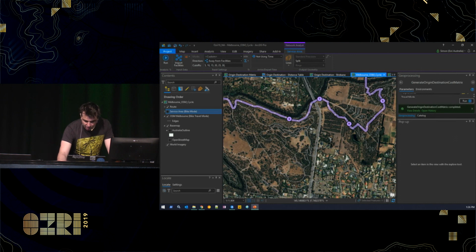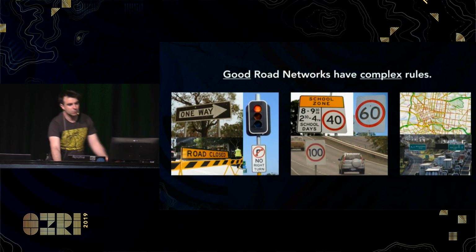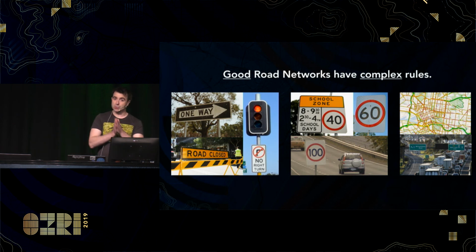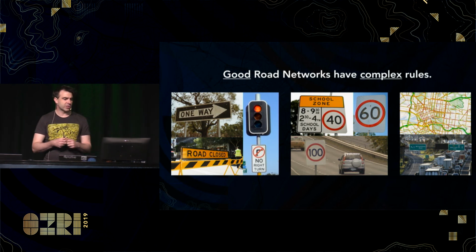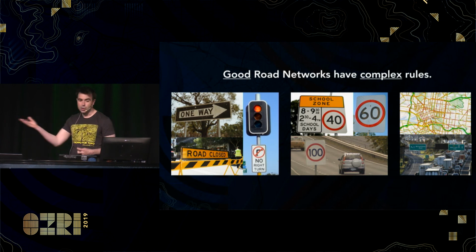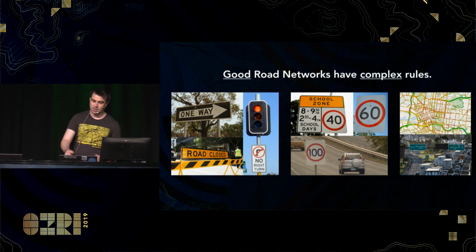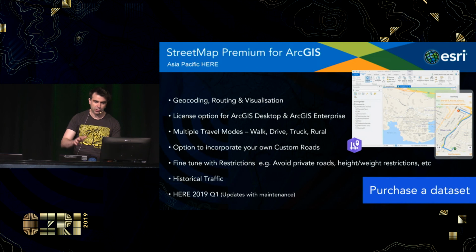But at the same time, road networks are pretty complicated. You don't want to be the guy that, especially when you're sending people out in vehicles, driving around. Like in Melbourne, we have hook turns, you've got variable speed restrictions on different times of the day. You've got that traffic data, which isn't in the OpenStreetMap data. Bridges and tunnels. Like, my personal opinion is, and I don't want to make this a sales pitch, but the